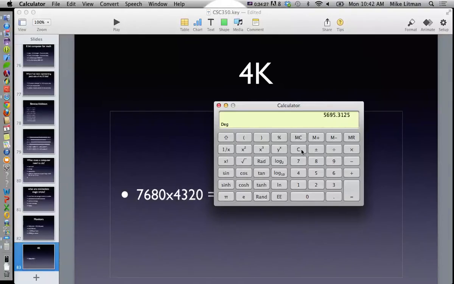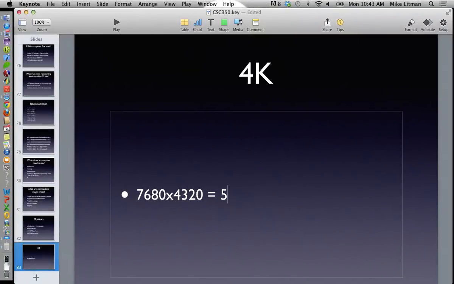But we'll do by 60. So now those monitors at the same refresh rate are 5,695 megabytes per second divided by 1,024, 5.56 gigabytes per second,